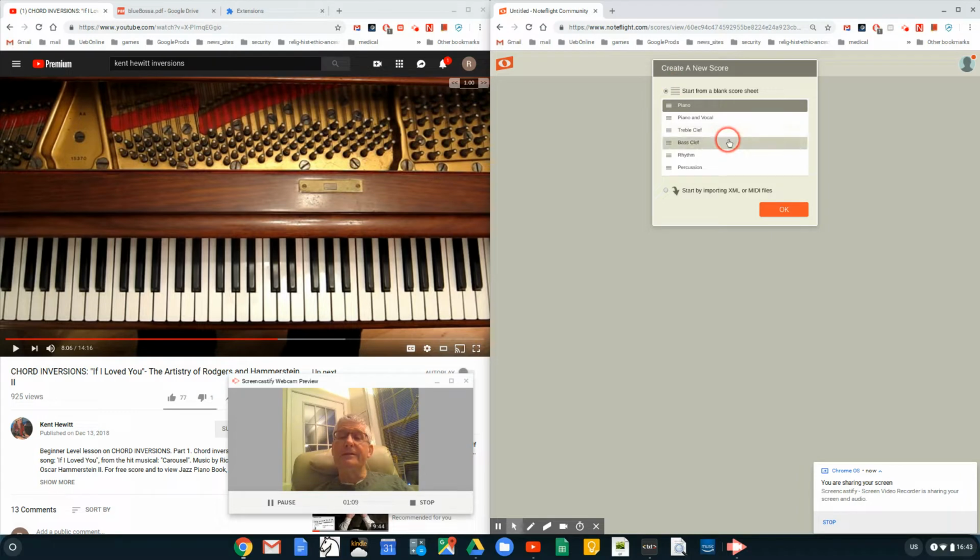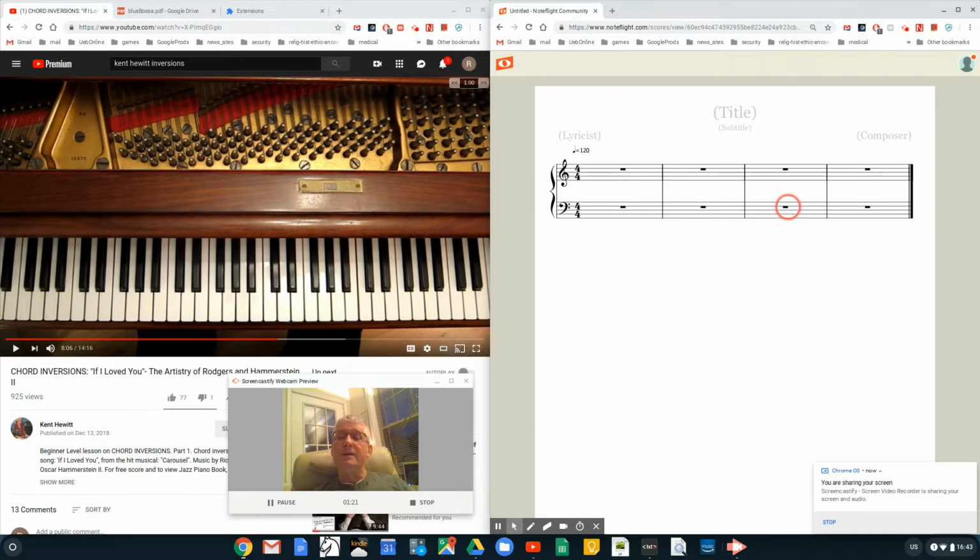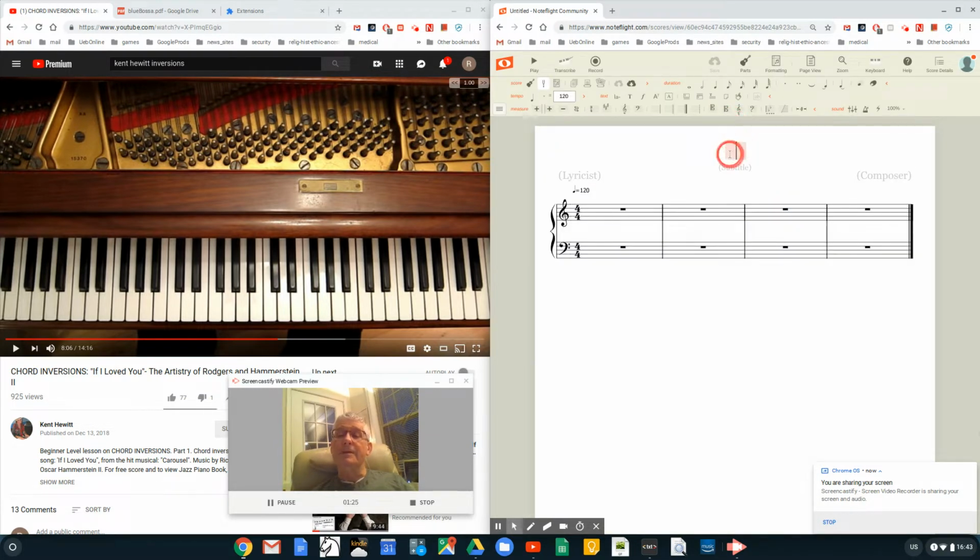I can make all sorts of different kinds of things here, jazz combos, quintets, quartets, you name it. But I'm just going to do a simple piano type of thing. Now up here for the title, I'm going to call it Kent Hewitt, and I'll put live transcription, so nobody will confuse this with something that Kent did. And then I'll say if I loved you,